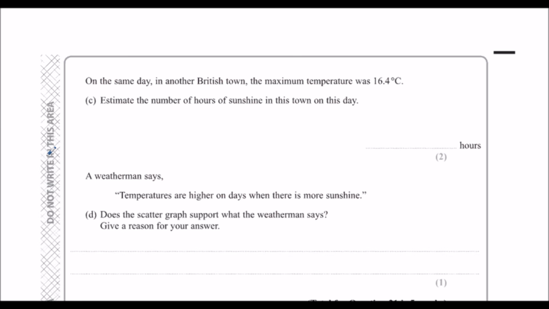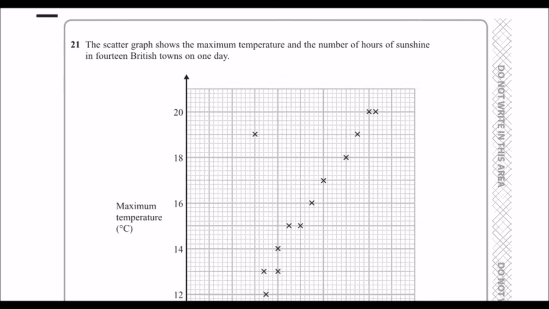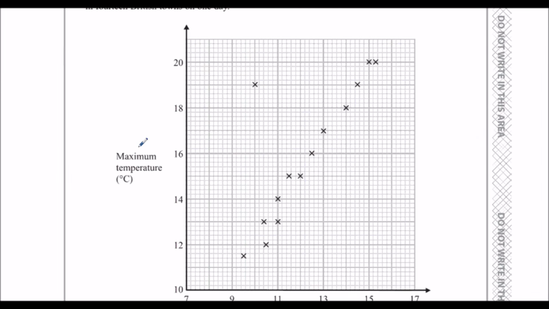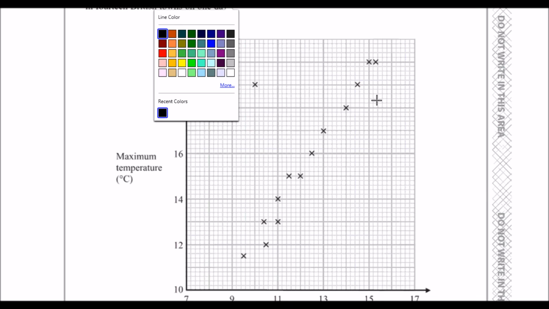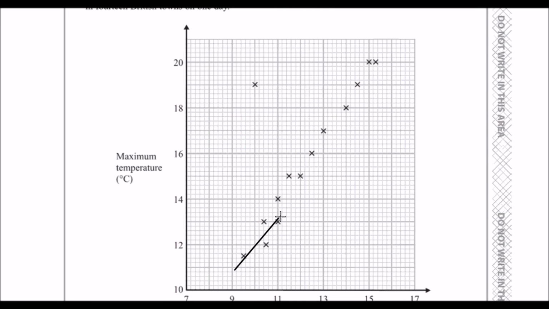On the same day in another British town, the maximum temperature was 16.4 Celsius. Estimate the number of hours of sunshine in this town on this day. So we go back to our scatter graph and we need to draw on a line of best fit. So we're going to draw a line of best fit. So we want roughly the same number of points on each side of the line,